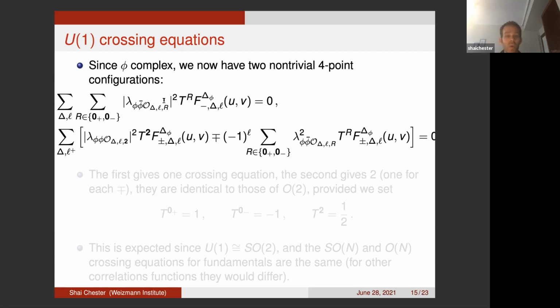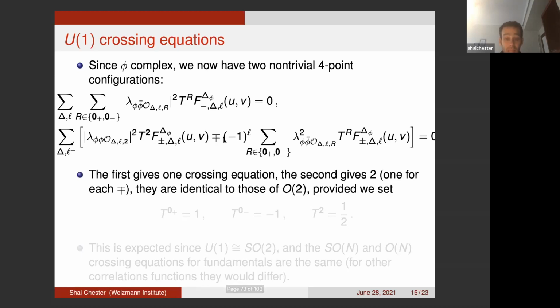So the first kind just gives one crossing equation, which is the crossing equation of phi bar, phi bar. And this includes just the representations of the singlet with either even or odd spin. And the second one, which is phi bar, upon crossing, that also gave you phi bar. And that, in this case, we get 2 kinds of crossing equations, one where we add them, one where we subtract